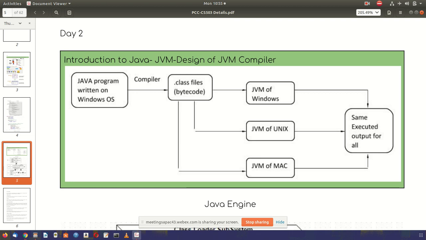But suppose your system is a very low end system, Windows XP or Windows 7, then you don't have to worry about it, because when you install Java, it installs a virtual system that is much higher. So you don't have to worry about whether my Java program will be supported or not. It may be slow, it may be fast, that is different, but you don't have to upgrade any software. When you install Java, it will install a virtual machine.